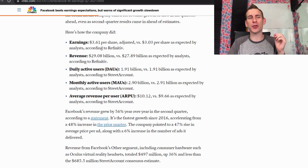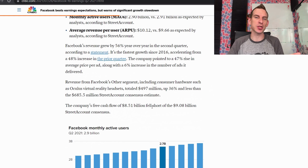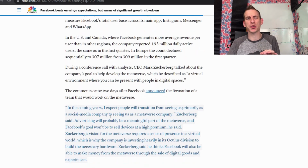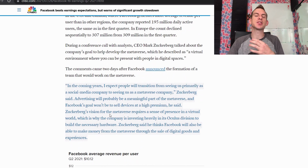They saw an earnings of $3.61 per share against the expectations of $3.03. And they're just expecting a slowdown because everybody's going out again. But this slowdown is nominal because they're still expecting double-digit growth, which is just crazy. But I want to show you this quote that really caught me because this is where I see the future